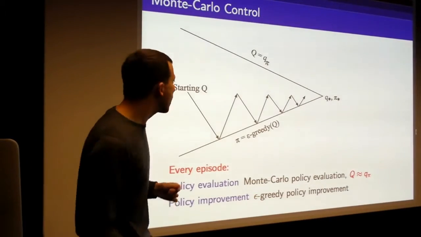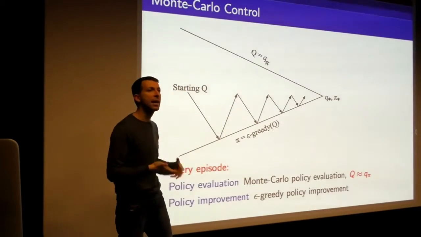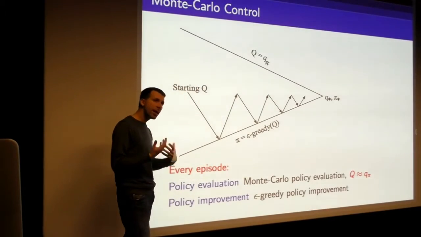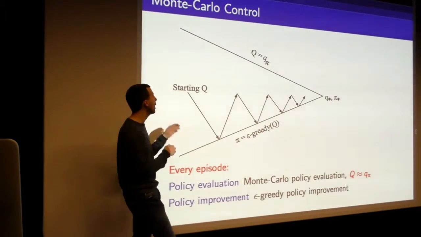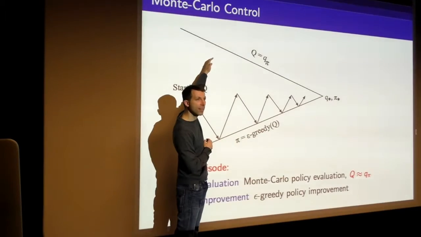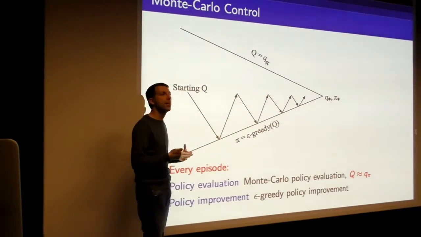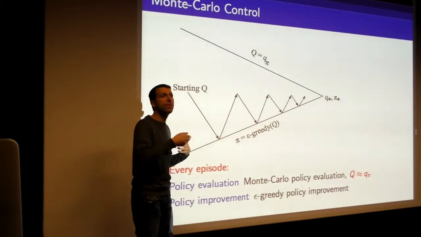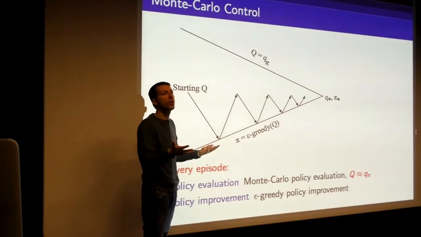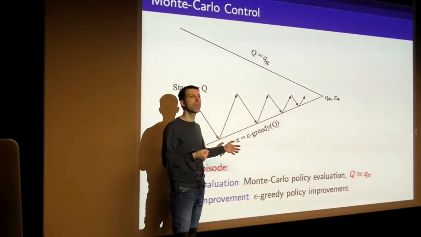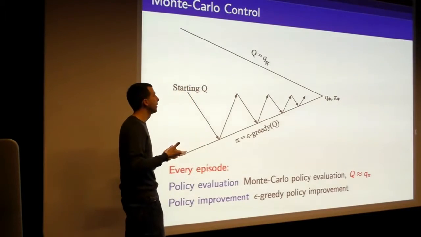Okay, so let's try and make this a little bit more efficient. The first thing to note is, as we saw in the dynamic programming lecture, in these policy iteration frameworks it's not necessary to go all the way to the top of this line every time. It's not necessary to fully evaluate your policy. Sometimes you can spend just a few steps evaluating your policy, and you've already got enough information to guide you to a much better policy without wasting many more iterations on gathering more information.